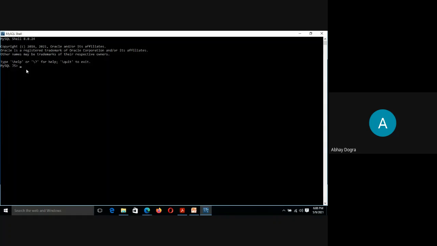Let's first see how it is done. To connect to the server, you need to type this command, \connect, and I told you what this means. Localhost and then the port number. This is the default port number. So it means connect to